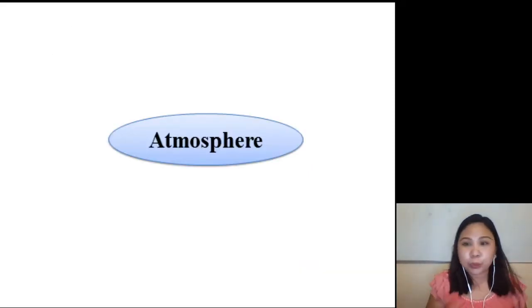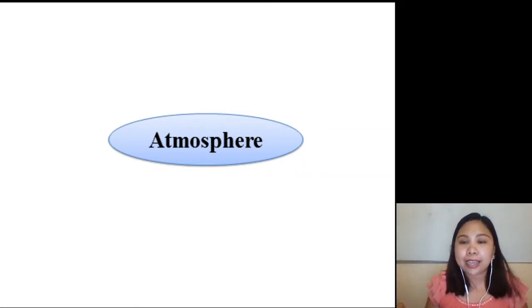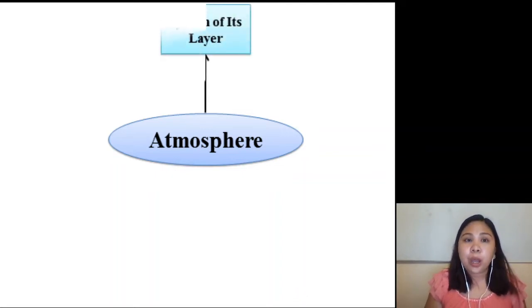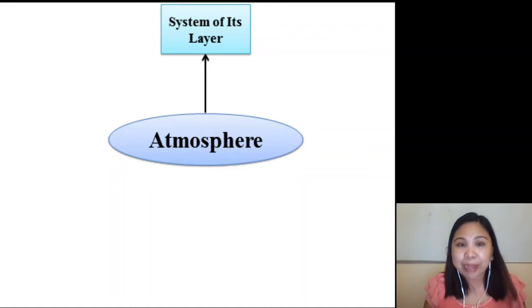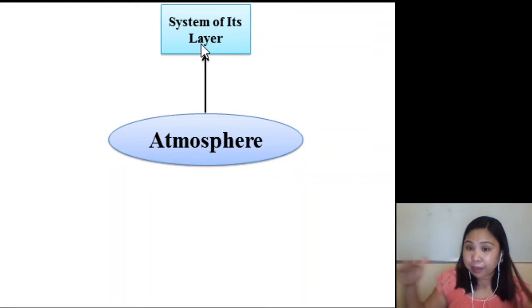So, katulad ng mga ginagawa natin dun sa 3 nauna, identify the different subsystems that we need to study in terms of atmosphere. So first of all, we need to study its layer. Ayan, para maintindihan natin kung bakit nagbe-behave ng ganun yung atmosphere natin. Ano ang meron doon sa iba't ibang layers ng atmosphere. Okay, so this is very simple, because this is just a recall of your Earth Science in High School, yung iba't ibang layers ng atmosphere.